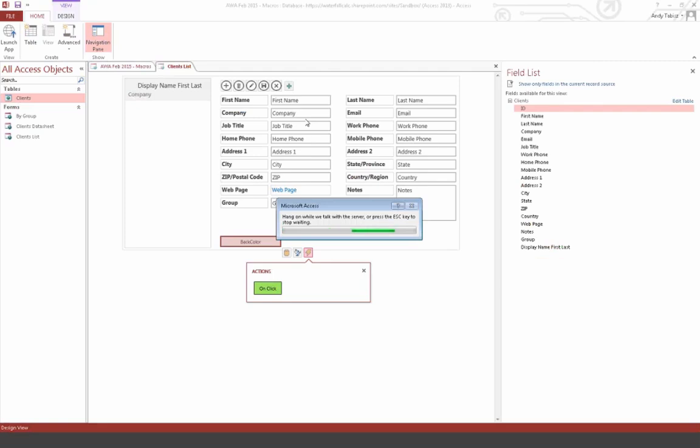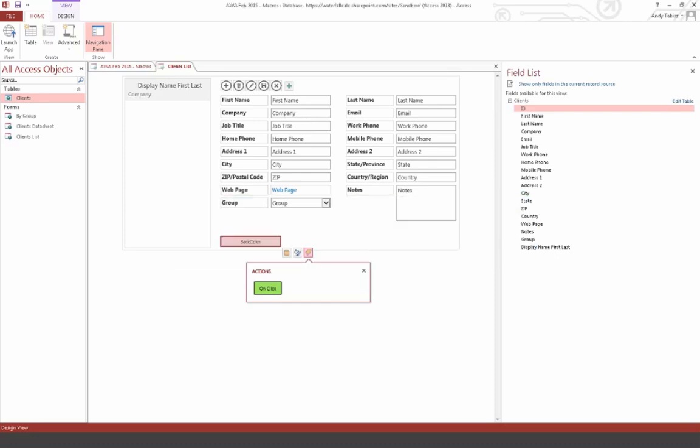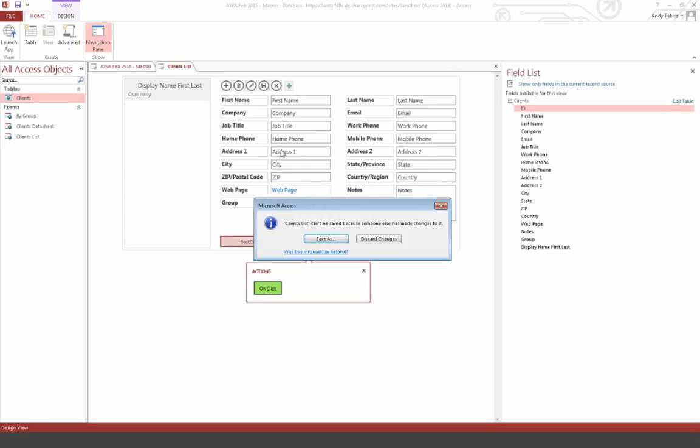And while this is saving, the macros are actually XML, so you can copy and paste into an email and mail it to someone. So, yeah, and I've gotten this before. Bear with me. If I choose save again, it's going to tell me somebody else is using it, and then I need to save. For some reason I'm having a problem with my server here, but